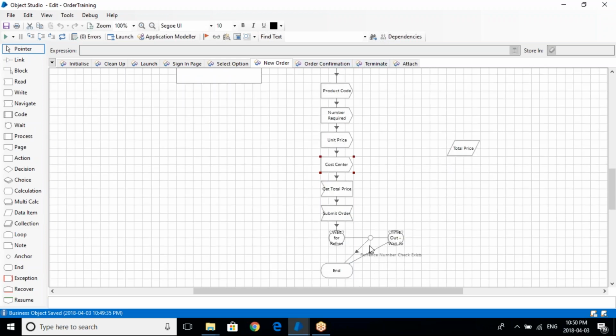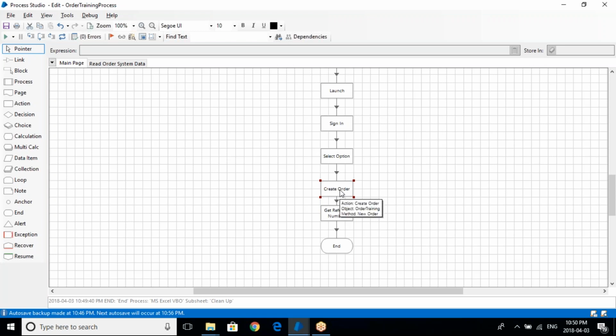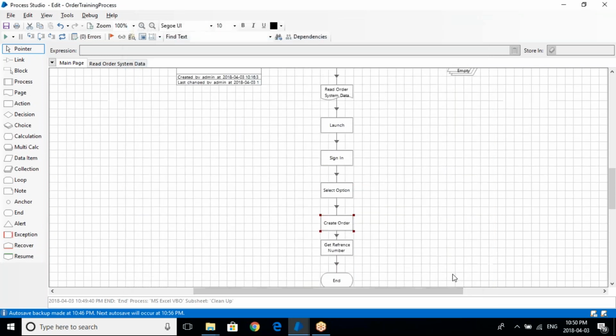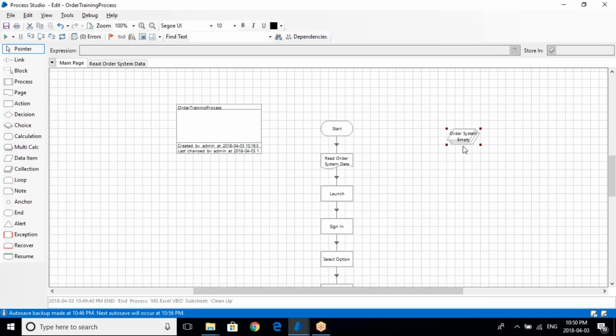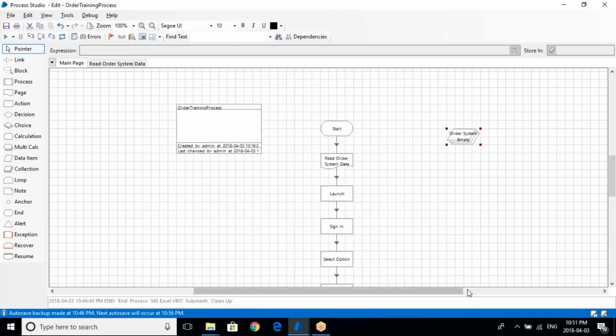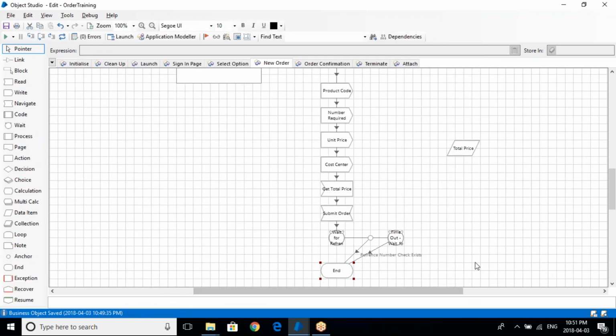And once you have everything, you also want to pass on your total price. So you can create your output here. And once you create your output, once you go in your main process in create order, once you click on output, you'll have the output from where you can get the total price. And this is something which you wanted to store in your total price. Apart from this,